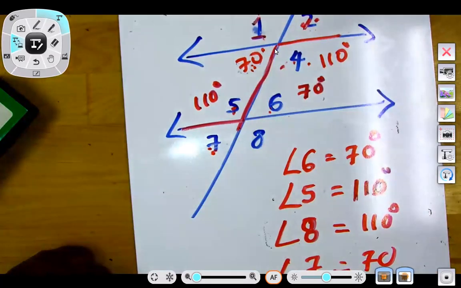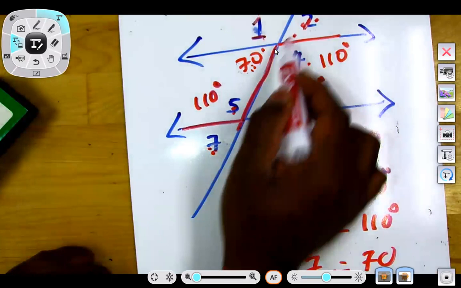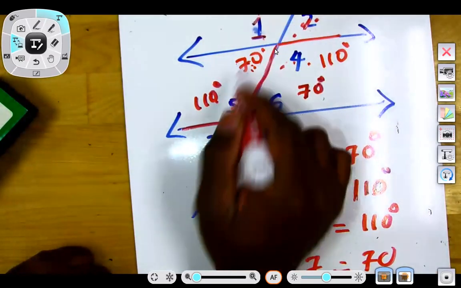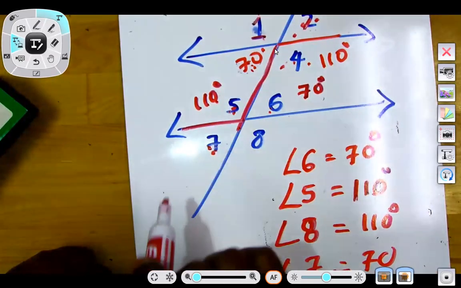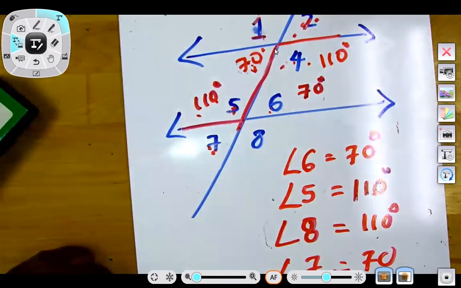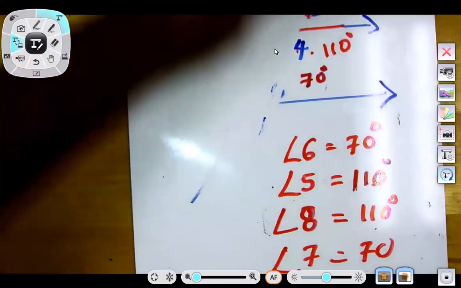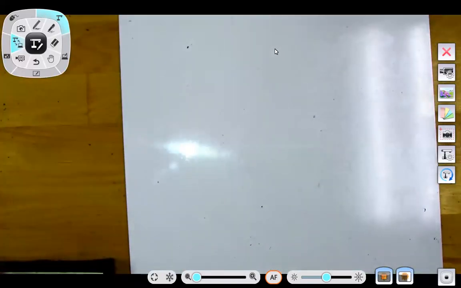All right, if you look at it here and here, when you add these two, it has to be 180 if it's a parallel line. 110 plus 70 is 180. So we did it good. There will be some other questions. If you find out, I can give you